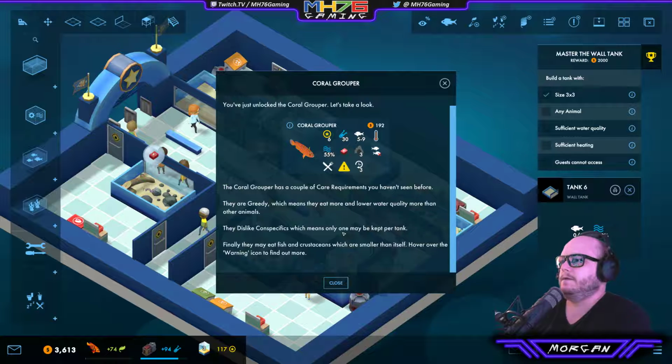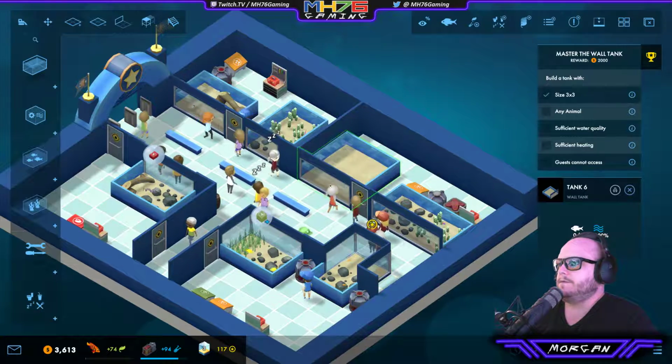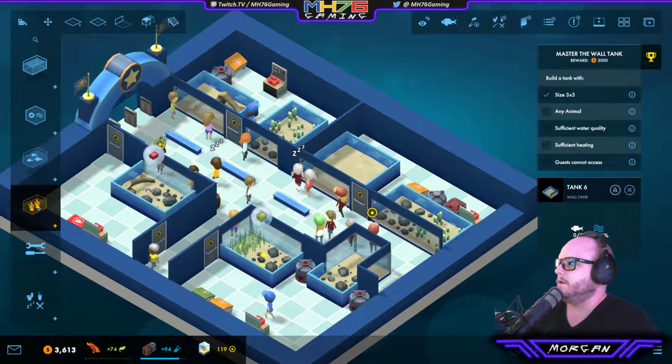New animals unlocked. Good stuff. Coral grouper has a couple of key requirements you haven't seen before. They are greedy, which means they eat more and lower water quality more than other animals. They dislike conspecifics, which means only one may be kept per tank, and they may eat fish and crustaceans which are smaller than itself,